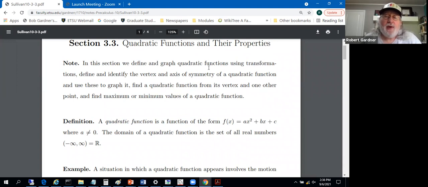You already know how to graph y equals x squared. It's in the library of functions. So we'll use transformations to graph more general quadratic functions than x squared. We'll define and identify the vertex and axis of symmetry of a quadratic function. These will be useful in graphing the function as well. We'll find a quadratic function from its vertex and one other point, and we'll find maximum and minimum values of